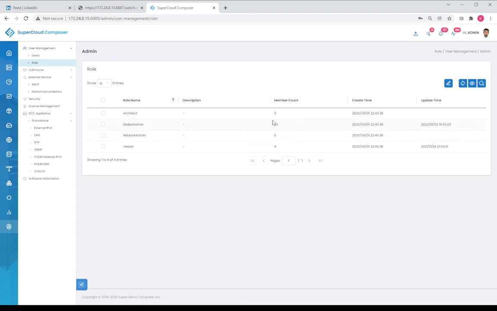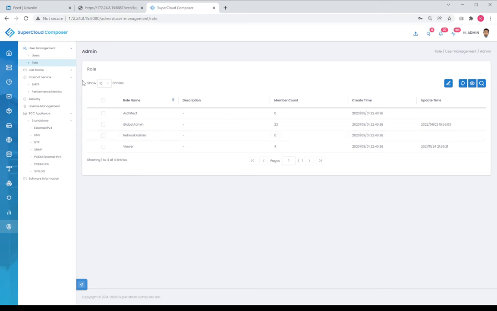We have 23 users that have been assigned to the global admin group, 0 users to the network admin group, and 4 users to the viewer group, which is read-only. We also provide a timestamp of when these things have been actually updated. So very useful for tracking purposes to see who's been making changes to the roles and the user accounts within